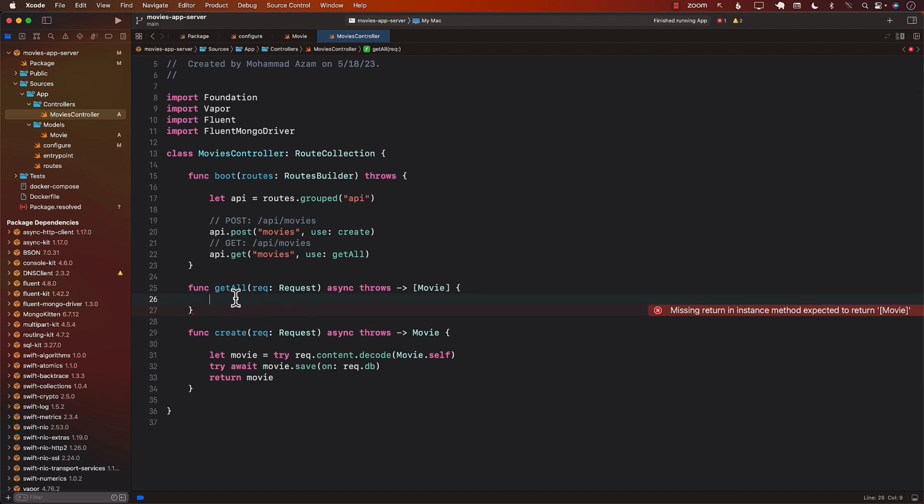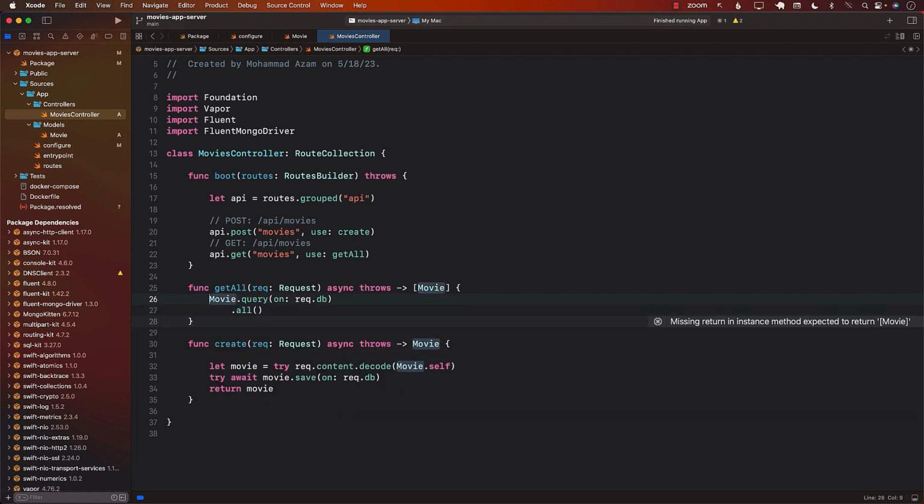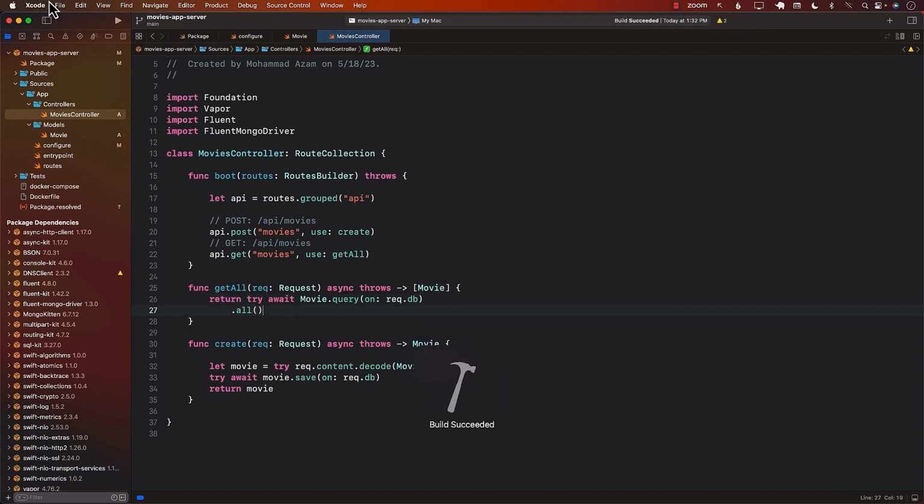And now we can go ahead and use Movie.query on request.db.all. So you can see that's how simple it is to simply return all the different movies. Let's go ahead and use await. We'll build it. And I'm going to go ahead and run the server